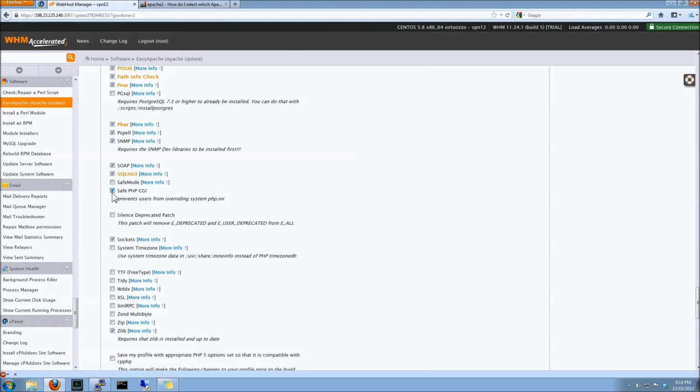Safe PHP CGI, that's not a bad one, but once again, this is a business model decision. If you want your clients to be able to use their own PHP INI file, shut this off. If you don't want them to use a PHP INI file, enable this. We really don't have an issue with this because we know everything's locked down. So here we're not trying to disable stuff. The only reason why we typically would enable this is it gives us control on how PHP is configured and set up. It can help with debugging issues, so we don't have to worry about